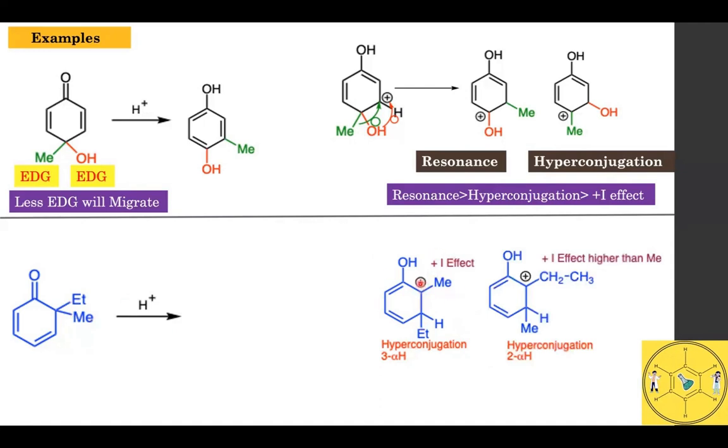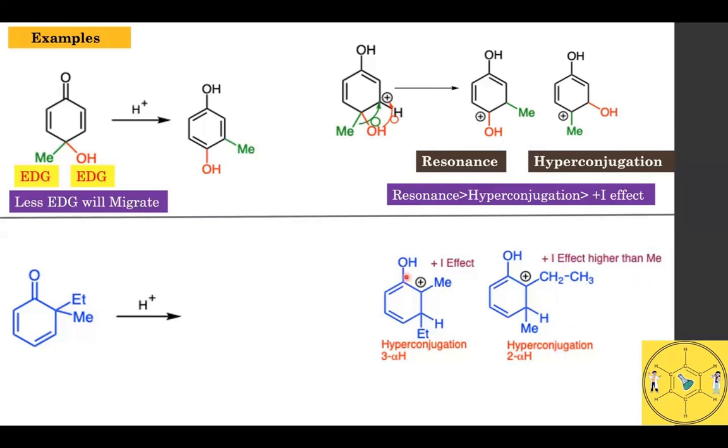This carbocation can be stabilized by the plus I effect as well as hyperconjugation. Since this methyl group has 3 alpha hydrogens, it can stabilize this carbocation intermediate. So when you migrate the methyl group, you will get this corresponding carbocation intermediate. Now this carbocation can be stabilized by hyperconjugation. However, this hyperconjugation is supported by only 2 alpha hydrogens, and the plus I effect is higher than the